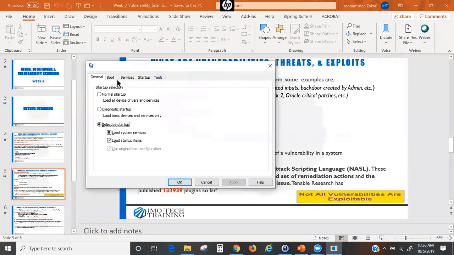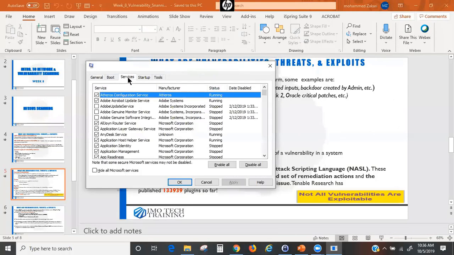So you see where it says services. These are all the services that are running on this machine, right? So what the number 3 is saying is the unnecessary services that should be disabled. It is this one here. All systems have some services running, but if the service running is not applicable or you don't need it at that point,